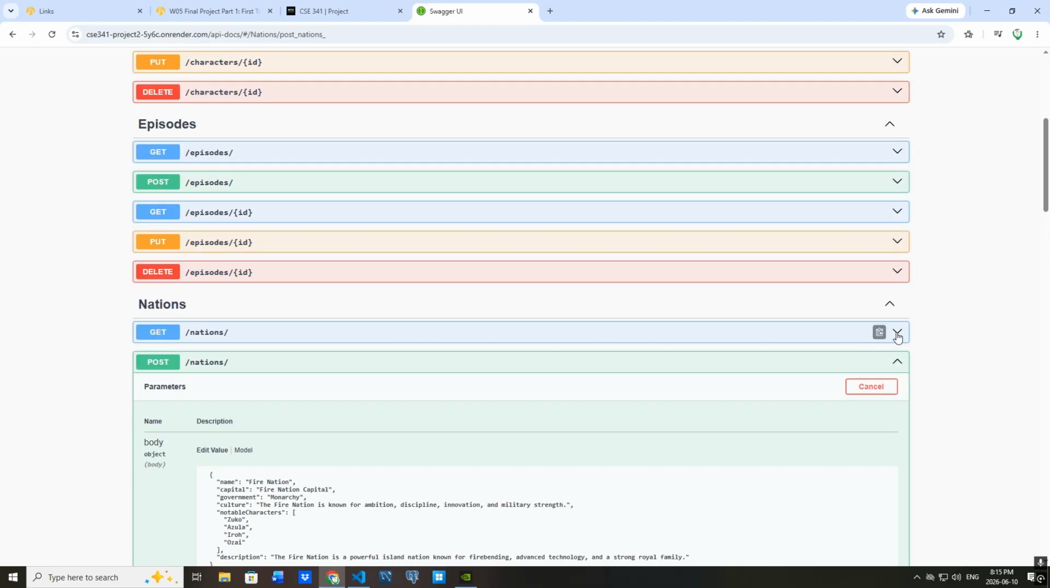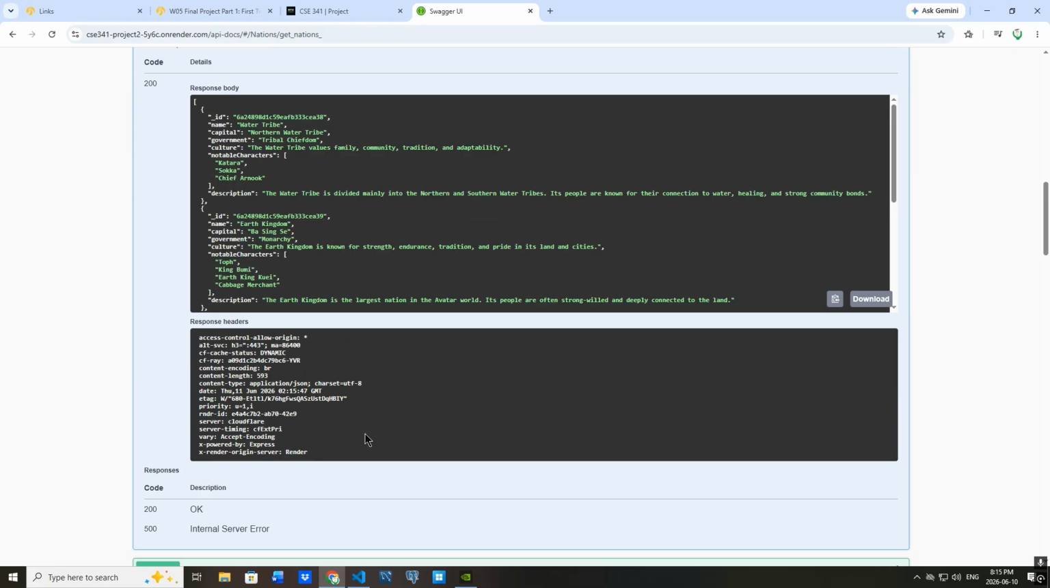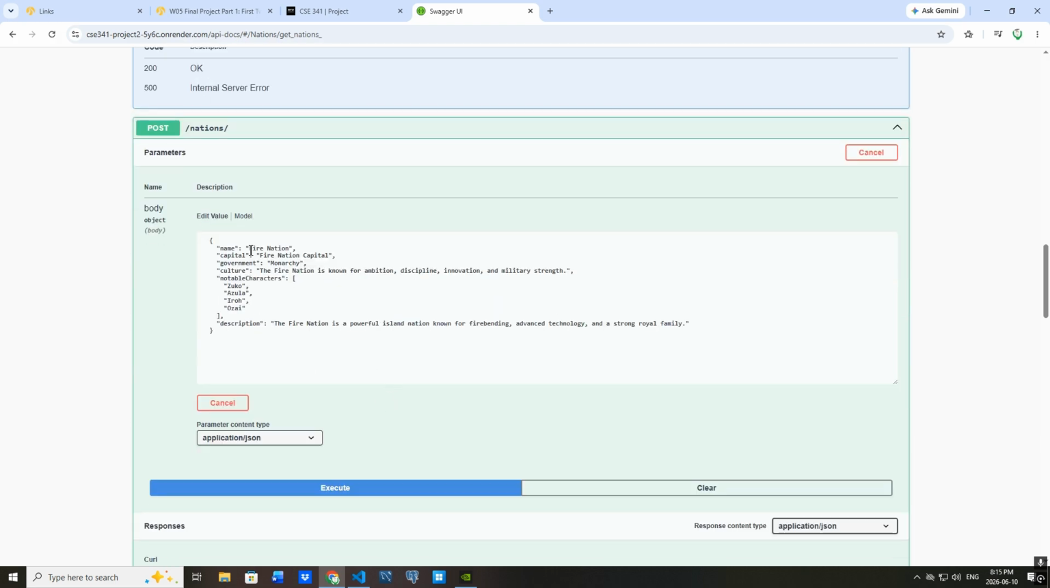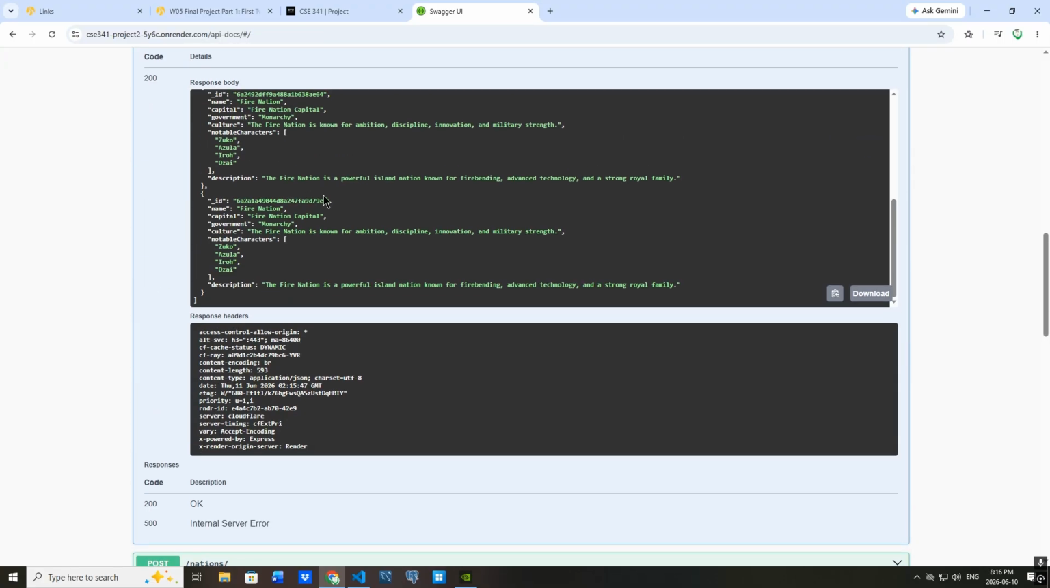And then if you go back to the get all, I guess I probably should have shown that it was deleted, but it did show successful. And then as you go back, you can see the Fire Nation has been added back. Let's say we want to add a character to the Fire Nation, so we want to edit that. I should be able to go grab the ID